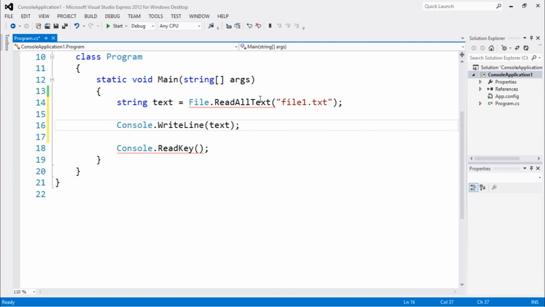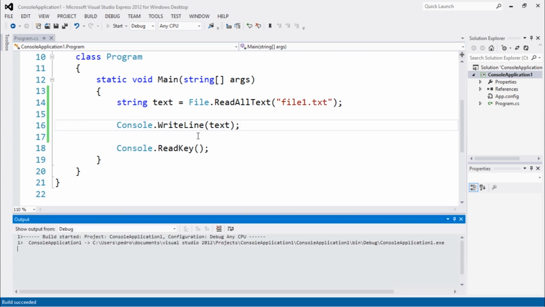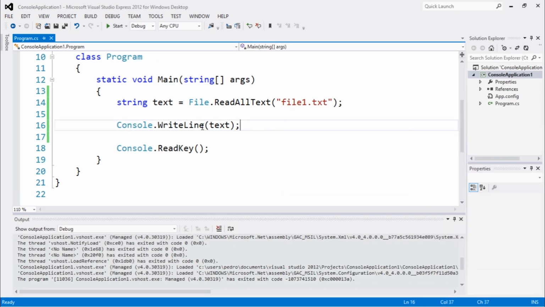If you guys remember in the first video of this series, we used WriteAllText to write to this file, and now we're gonna use ReadAllText to read this file. So let's execute, and as you guys can see, we see this is a sentence, which is the text that we wrote in that video. Just pay attention, this can be very useful. It's a very simple trick to do this, but we eventually will need to work with something more scalable, if